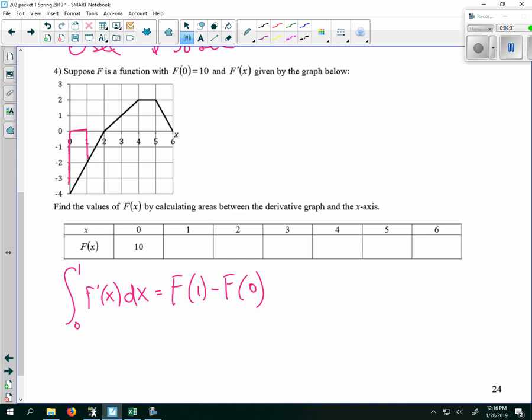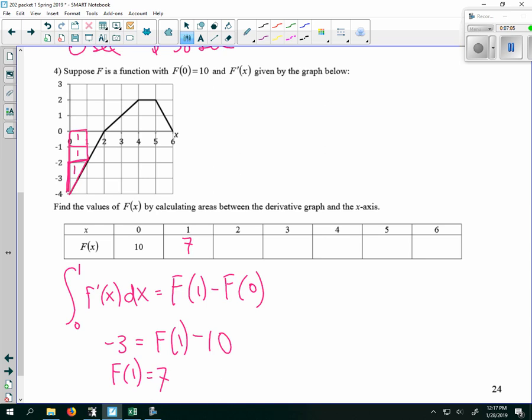So that's this. So that is 1, that's 1, and then this triangle is 2 by 1, so it's 1. So all that area is underneath the x-axis, so that's -3. F of 1 I don't know, and f of 0 is 10. So if I solve for f of 1, I get 7. I just add 10 to both sides. And then I'm just going to keep doing this